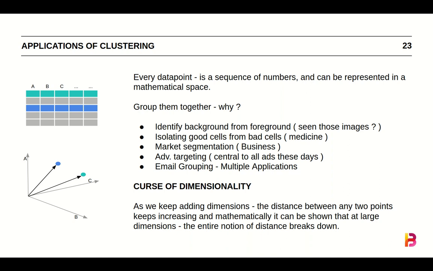One more thing before we conclude, I wanted you to understand something called the curse of dimensionality. So when I said each observation can be represented as a point in mathematical space, now, this mathematical space would have as many axes as the number of features. Now, it so happens that every time you add an axis, the distance of 2 points increases.